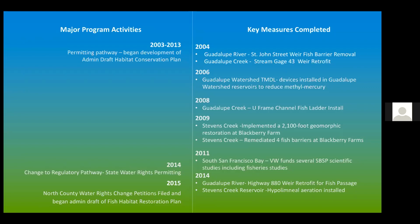In 2011 and through present, we continue to fund South San Francisco Bay projects for the South Bay Salt Pond Project. We've funded several scientific studies, including fishery studies, as part of that effort. And then in 2014, we've got some more improvements in Guadalupe River. And then as Jerry mentioned, in 2014 is when we installed the hypolimnial aeration system in the Stevens Creek